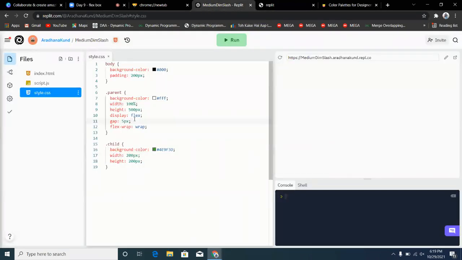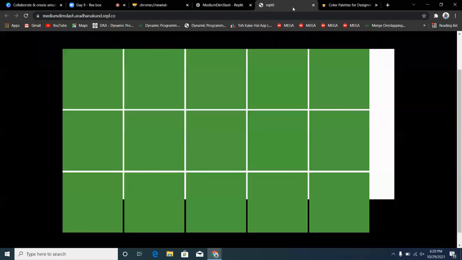So first of all, what is flex? Flex is basically for giving a lot more flexibility, a lot more additional features after inline block. If you want to rearrange certain elements in a particular width, then you use flex, and with flex you can do a whole lot of things. So first we had a flex without the flex wrap, and without the flex wrap all the elements were squeezing themselves inside the given width.